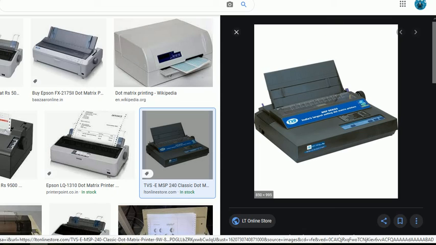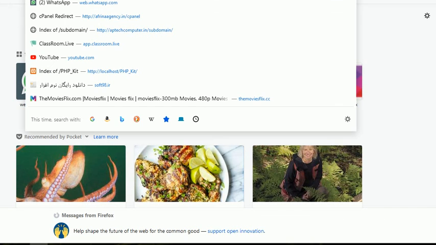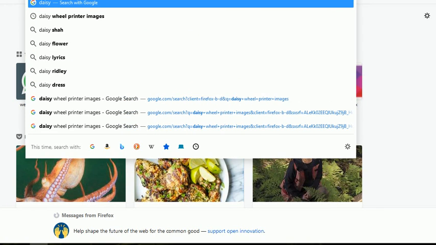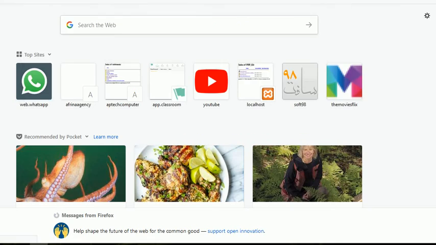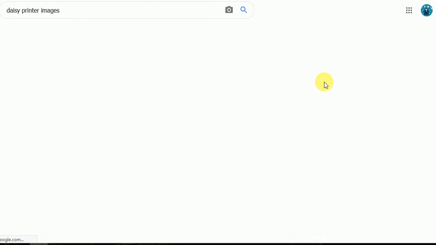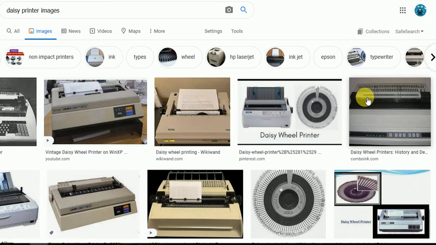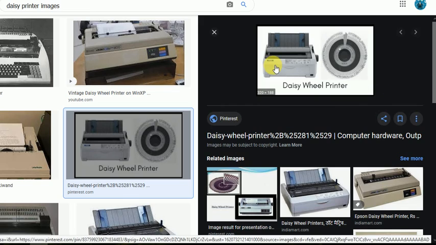Daisy Wheel printer. This one, Daisy Wheel printing. My resolution is 320 into 180.